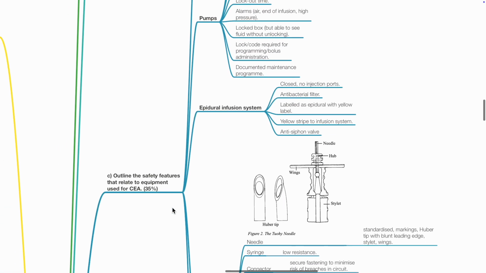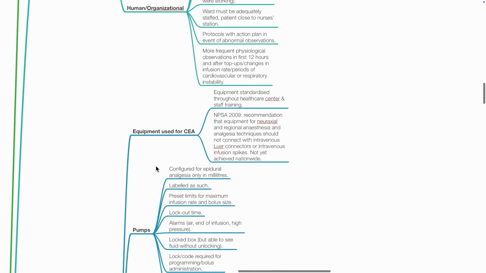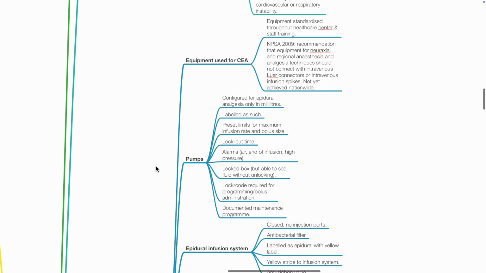C. Outline the safety features that relate to equipment used for CEA. Equipment should be standardized throughout the healthcare center and staff training. NPSA 2009 recommendation that equipment for neuraxial and regional anesthesia or analgesia should not connect with IV luer connections or IV infusion spikes. Regarding pumps, they should be configured for epidural analgesia only in milliliters and labeled as such, with